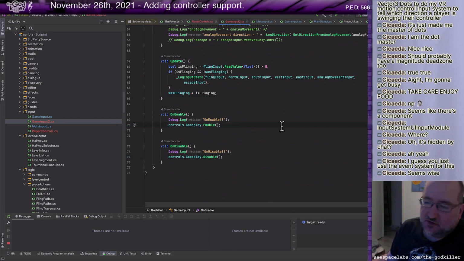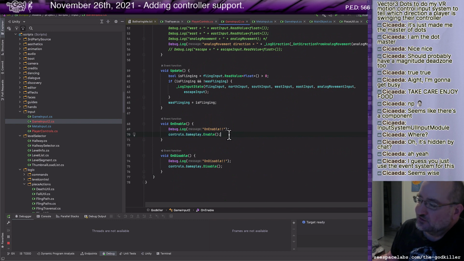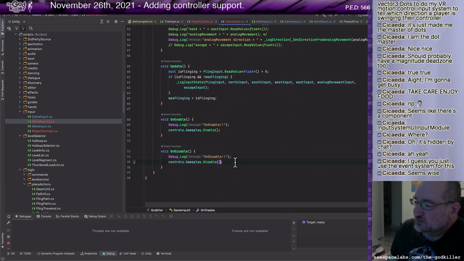And I looked up the Unity event lifetime thing, and this is just going to get fired when a scene loads, and maybe just a little before or just a little after on awake. I could just throw this in on awake, or my init function, because I want to get decoupled from the event system a little bit. Disable gets called when scene unload happens.